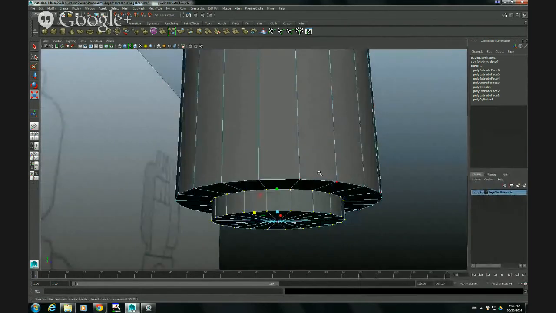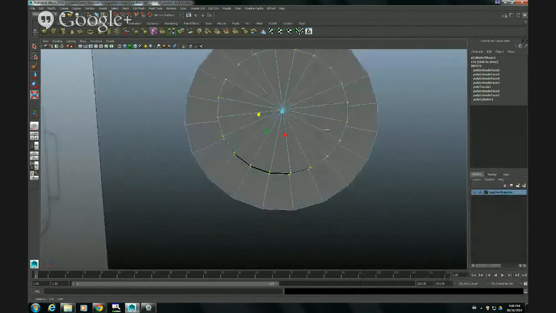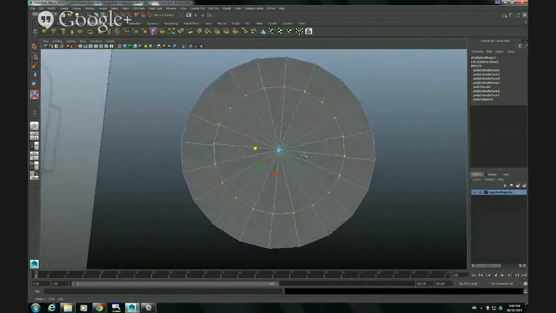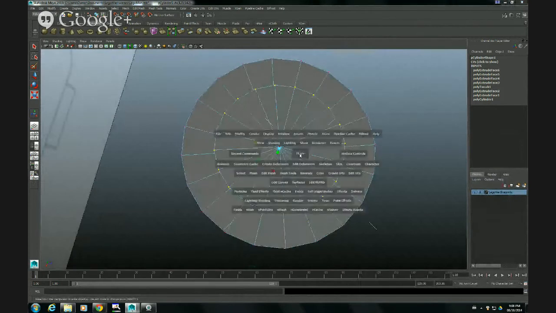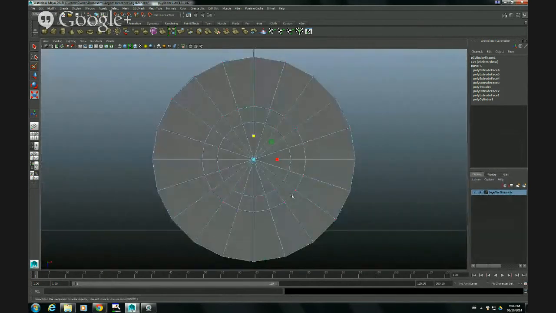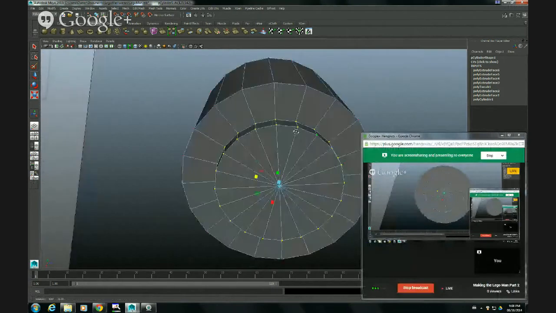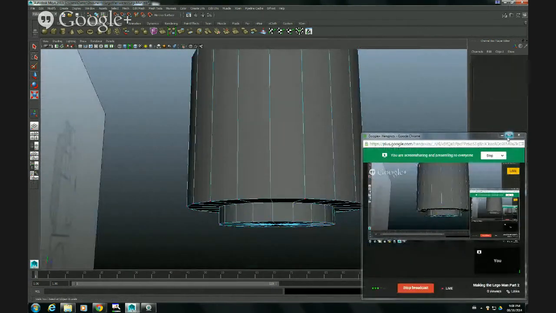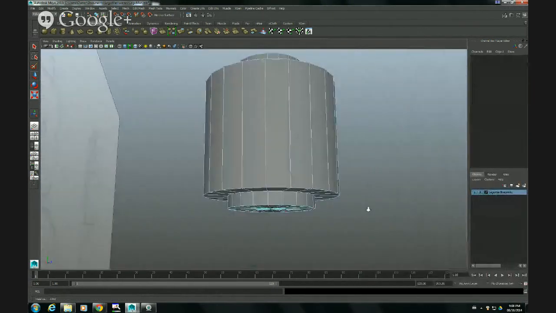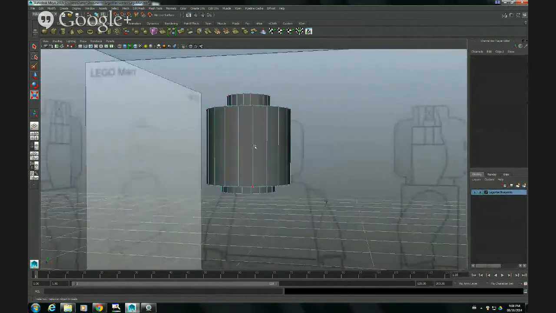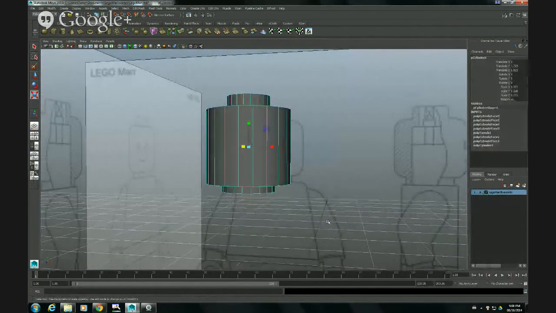And then I just go back here on the bottom and try to see that it's okay. Actually, I'm going back into the top view, and with number 4, I just want to make sure that yes, it's circular enough. All right, it's okay like that. And then I'm going to click outside the object and right click, object mode,